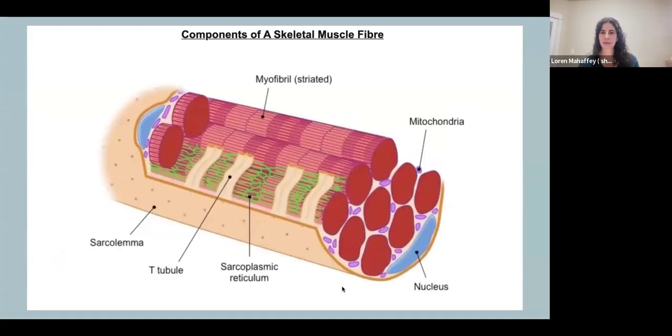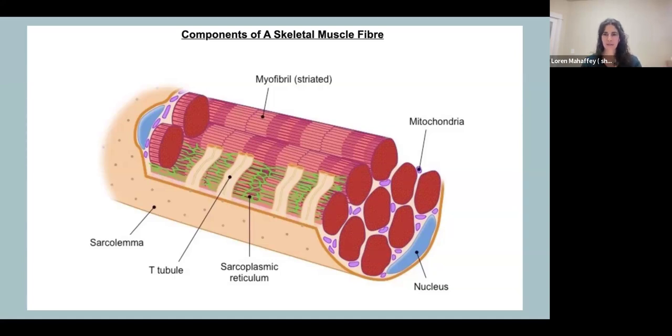Here is an image of a muscle cell, and so we see these different myofibrils that are within the muscle cell. What you also see in this rendition are these little purple things, which are the mitochondria. So within all muscle cells, we have this organelle, this baby organ called mitochondria, and there are many within each muscle cell. What's so important about mitochondria is that they are cellular bound organelles that convert oxygen and food energy into ATP, adenine triphosphate.